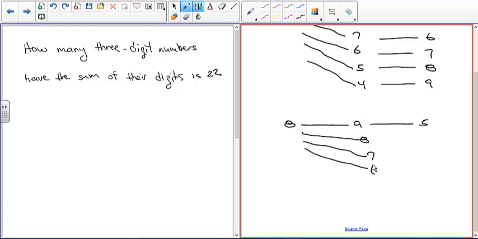So that's 6, 5. 8 plus 8 is 16, plus 6 is 22. 8 plus 7 is 15, plus 7 is 22. 8 plus 6 is 14, plus 8 is 22, and 8 plus 5 is 13, plus 9. So you can see I've got one less